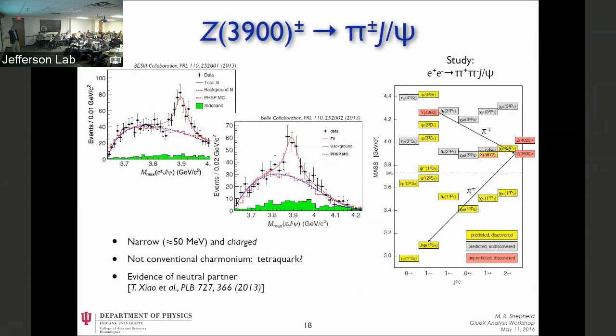Does that mean that it's this compact tetraquark object, or does it mean that there's a neutral meson and a charged meson that are interacting with each other or something? And again, that's an active area of discussion now. But here's a case where measuring charges is interesting. And again, in all this, I think the thing that ultimately has to happen is you need to establish patterns amongst all these states and try to understand what they're telling us about the spectrum.